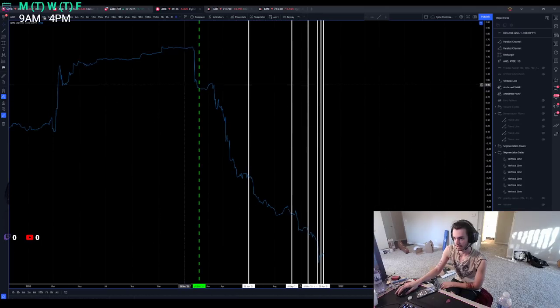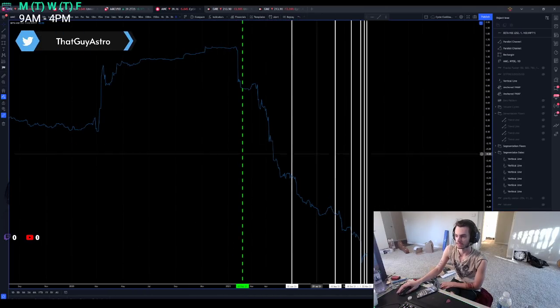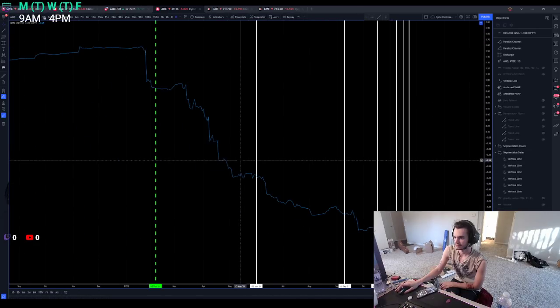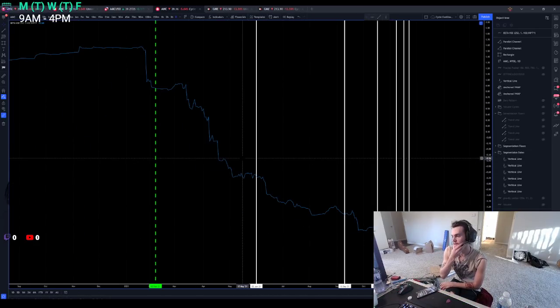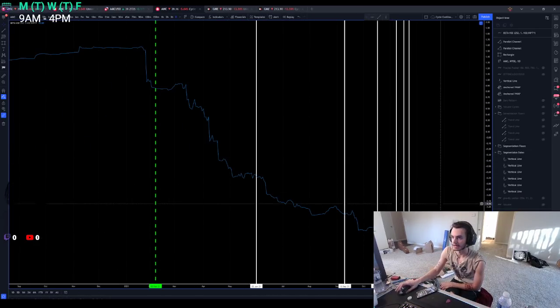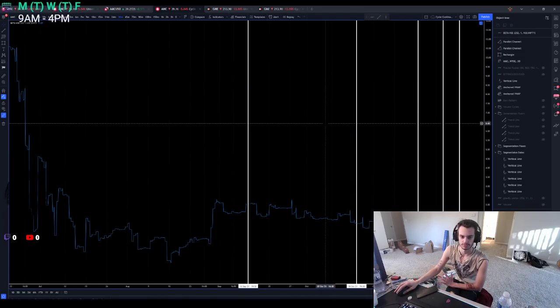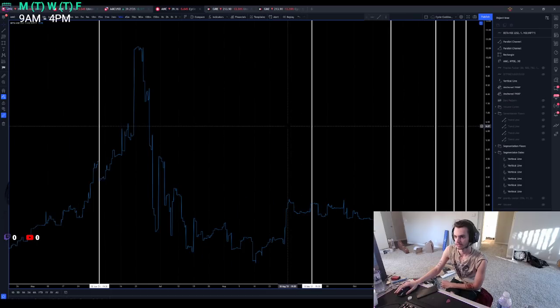Ever since January, though, it's actually just fallen off a cliff, which is really an odd trend, but it has a -2 right now, and you can actually see intraday what it does. It'll typically toggle between being pegged with SPY, or I think it was the Dow. I think it has a very strong relationship with the Dow